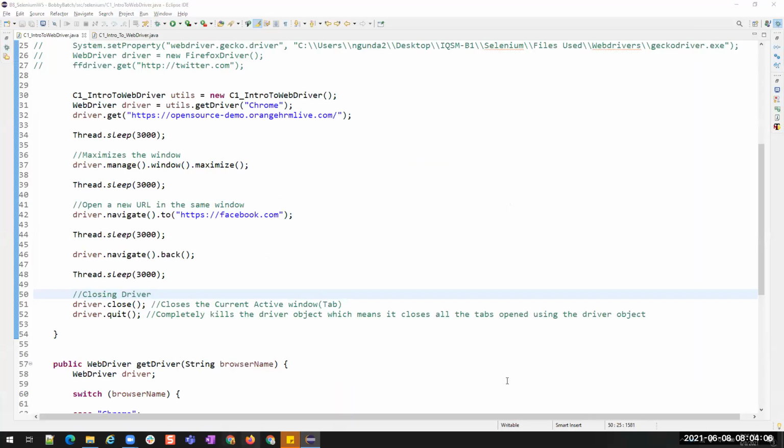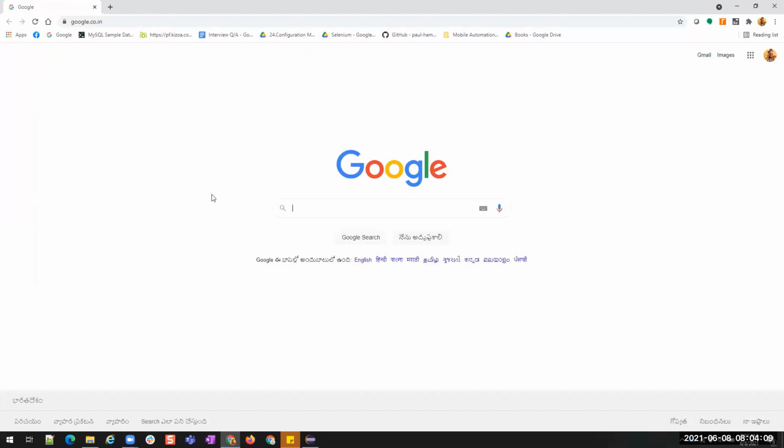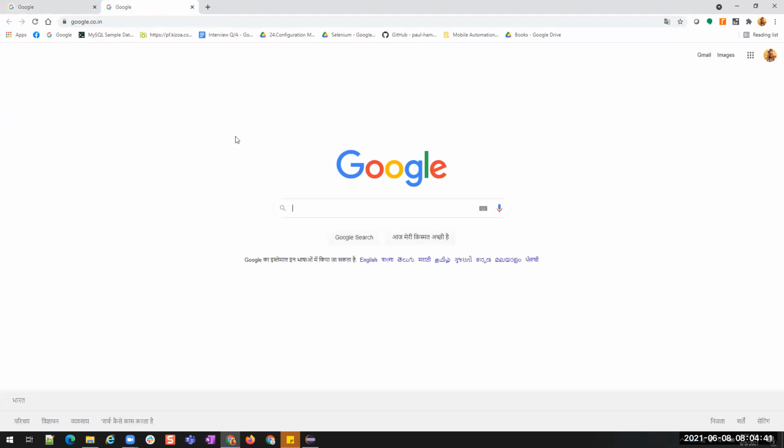But when I have an application and I click on some of the links in the application, it opens a new window. In this case, my current window is this one because I'm working on this window. If I say driver.close, only this window will be closed and the other window will still be present.